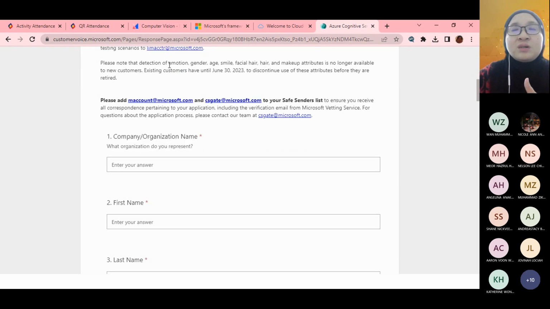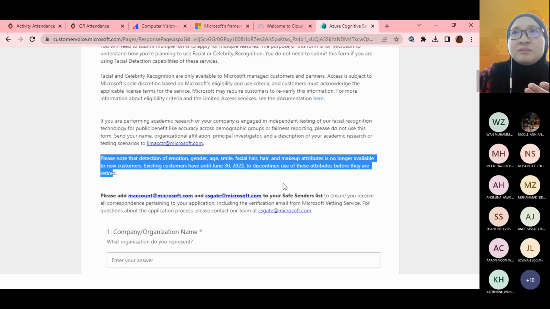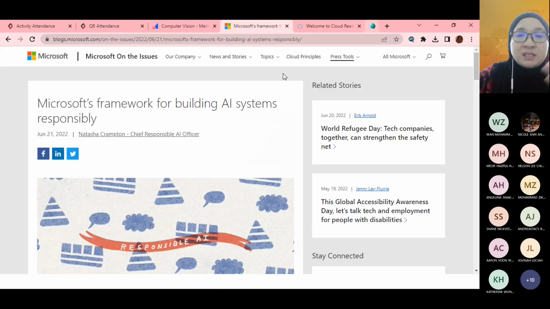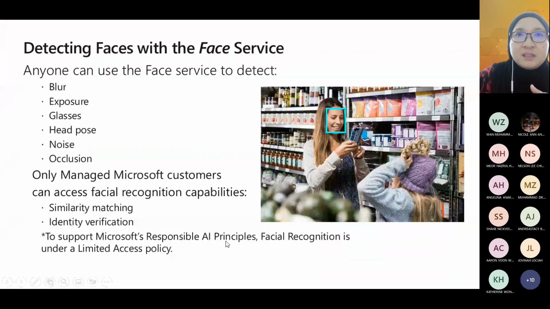Please note detection of emotion, gender, age, smile, facial hair or hair, even makeup is no longer available to new customers. So ada dia punya restrictions of features ataupun attributes. So that's an extra information for you. And then for face detection,